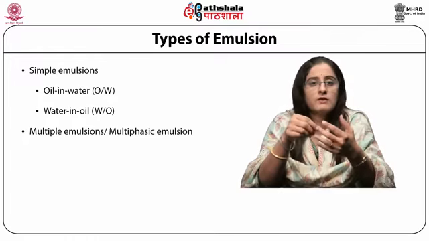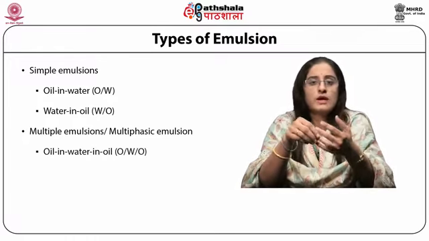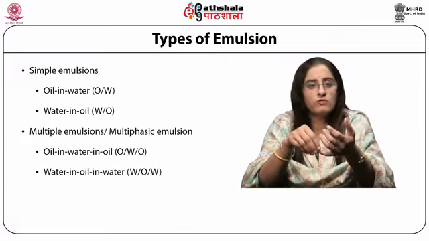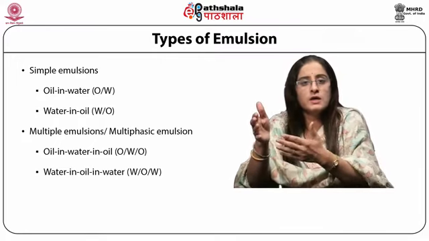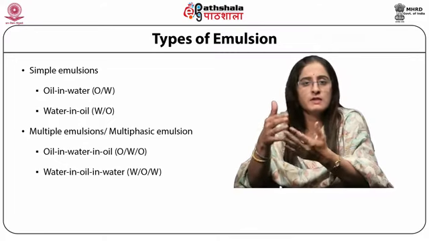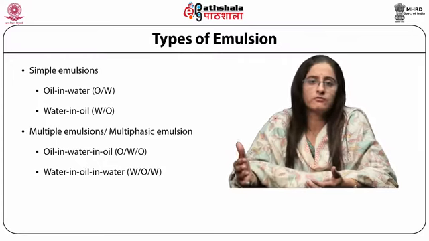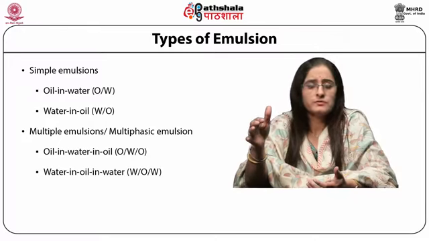They are again divided into two: oil in water in oil emulsion system, which is also known as O/W/O, and the second one is water in oil in water, W/O/W. These phases we can also increase, and they can be tetraphasic, pentaphasic, hexaphasic, and that's why they are called a multiphasic system. As we increase the phases, the effect will be more and more sustained.